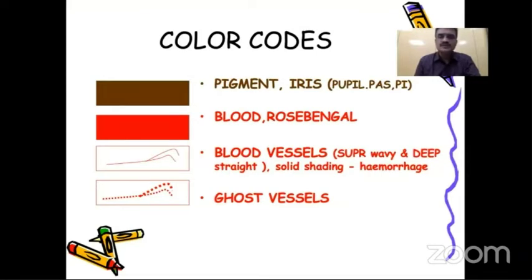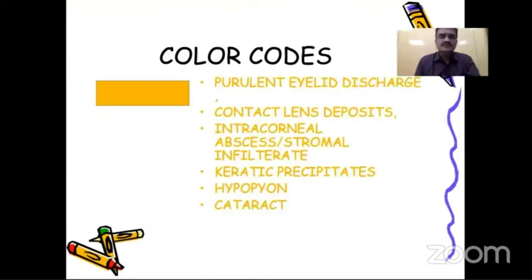blood vessels, whether it is a superficial or a deep vessel, you can demarcate as a wavy line or a straight line. And if there is a solid shading, it usually indicates a red hemorrhage, which has to be documented in red color. Ghost vessels can be documented in slashed red lines. And